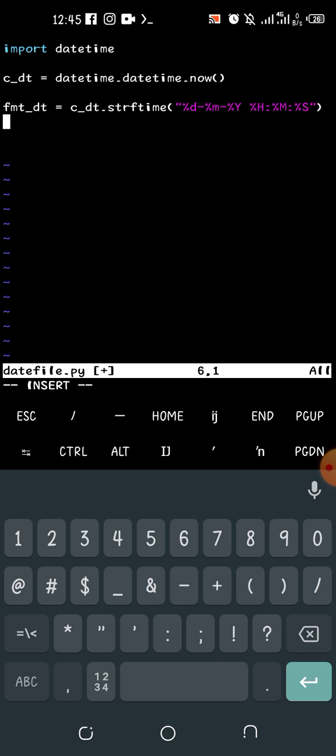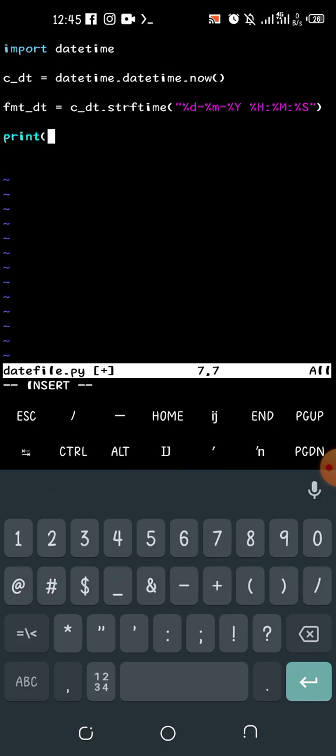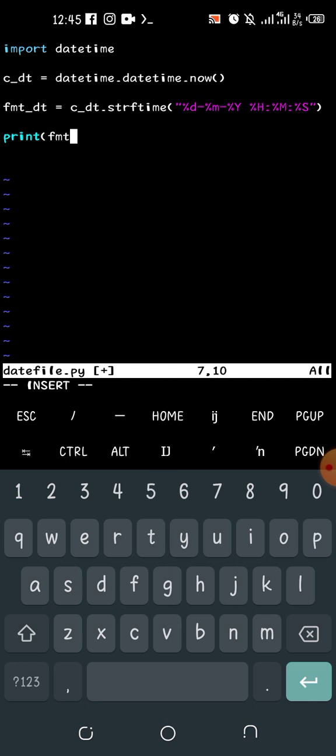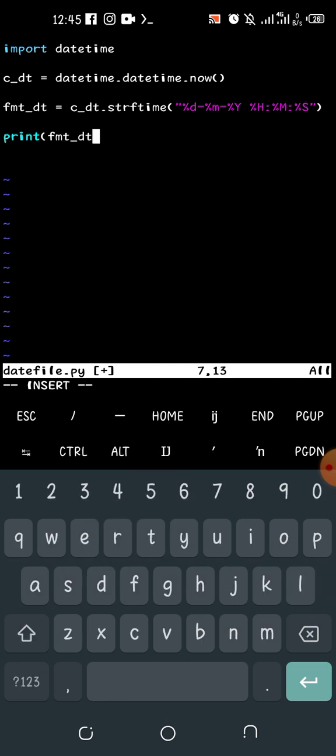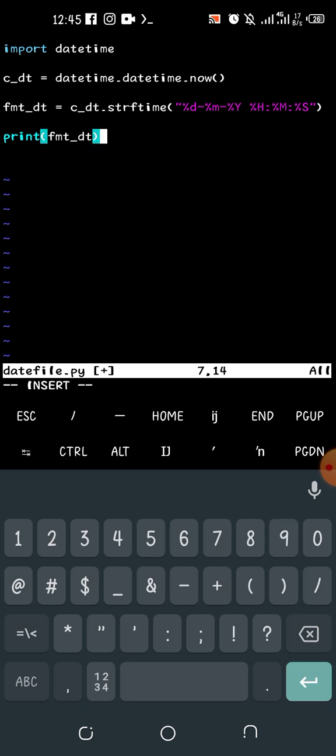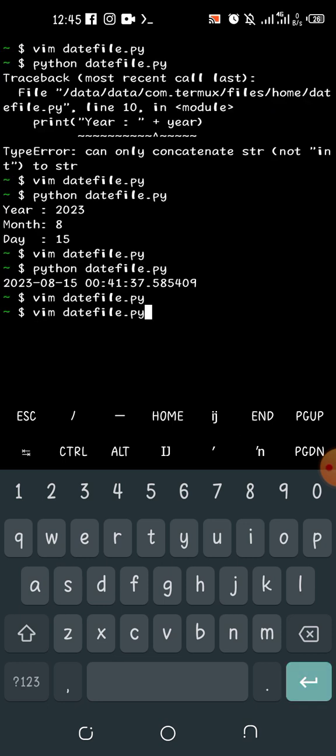Now let's print the formatted date. Print bracket open fmt_dt bracket close, escape colon wq, hit enter,